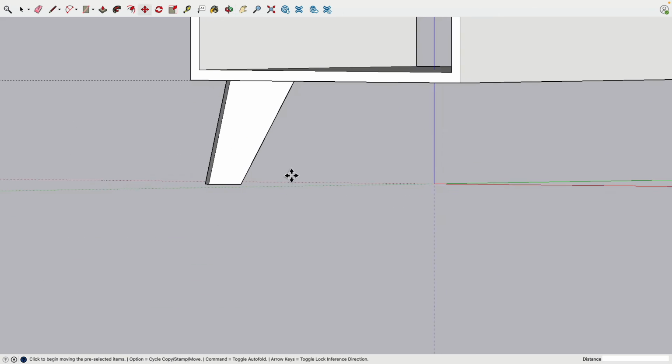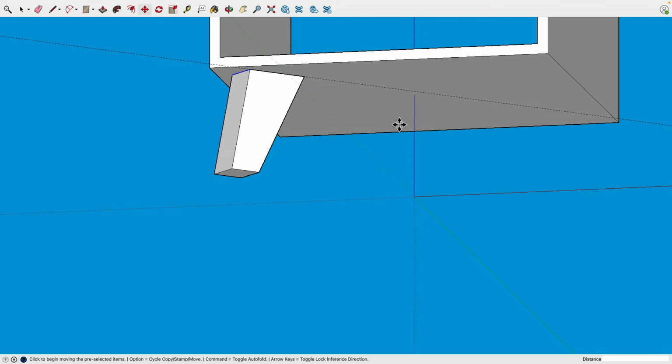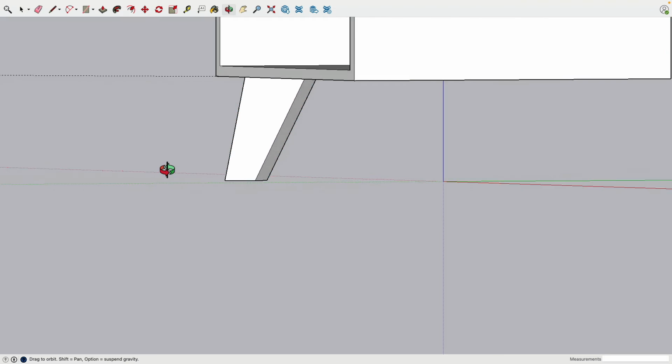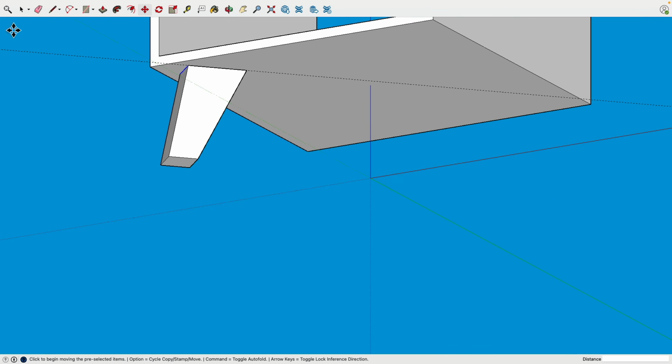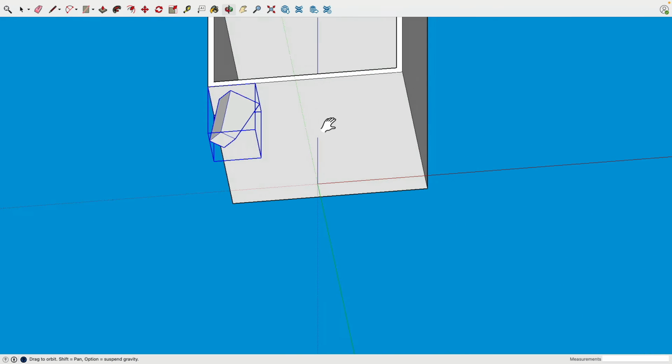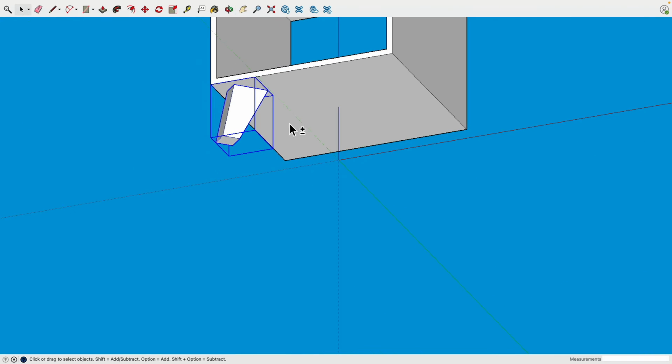Sure. There you see. We created this shape by basically extruding a block down and then turning this block into this shape. The guideline here, we don't need anymore. We can select this, right click, make a component. Very good. I meant make a group. Then